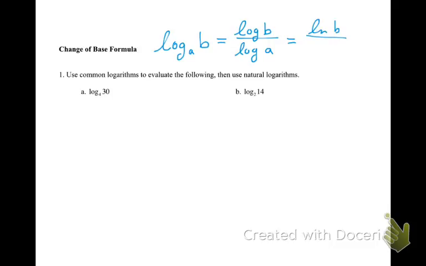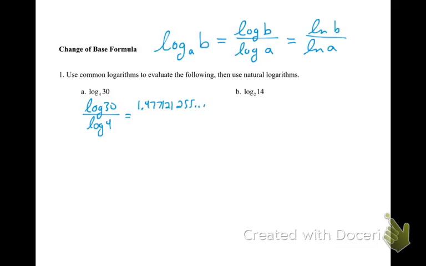Now this is an important formula to know how to use because in your calculator you can only type in log base 10, that's the log button, or natural log, that's the ln button. And it's a good thing you can use either one, just as long as you're consistent between the top and the bottom. So I can evaluate log base 4 of 30 as log 30 over log 4. Typing that in your calculator, you get something like